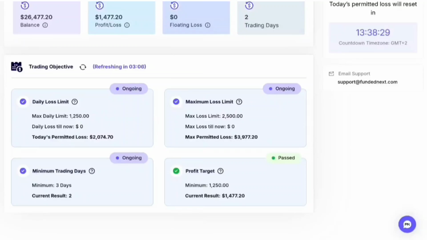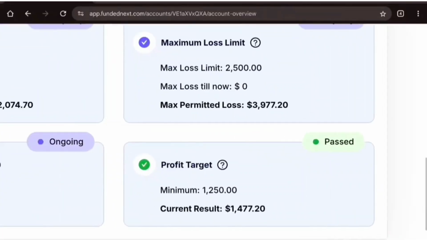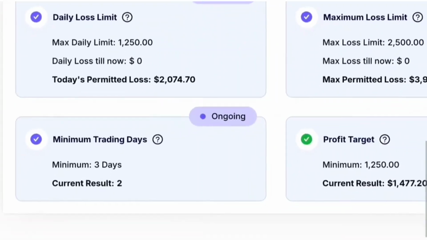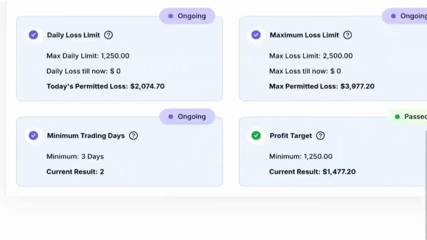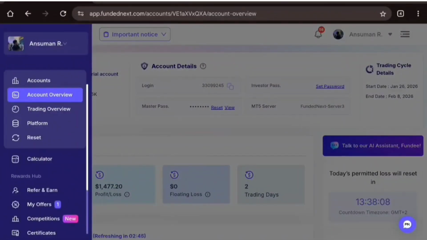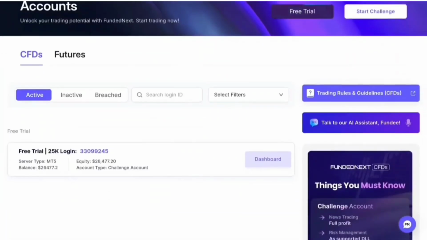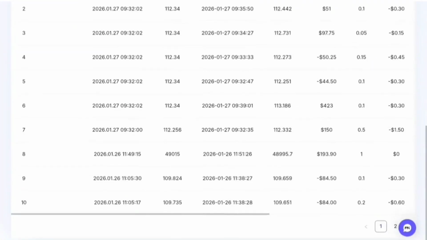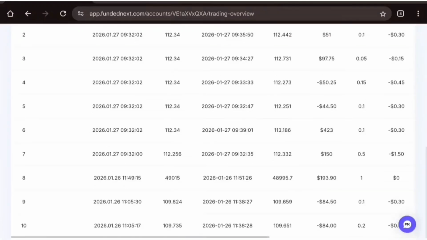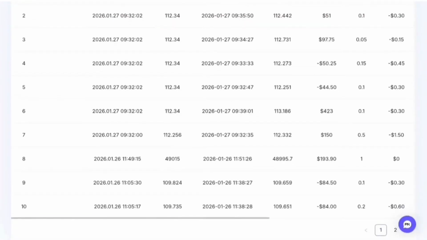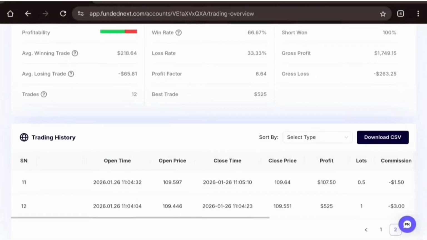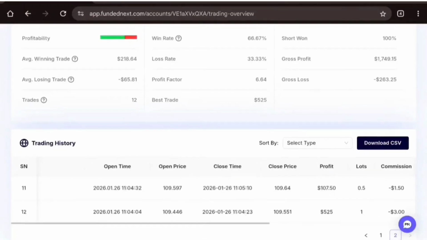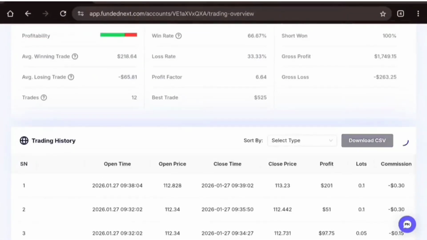In this video, I will be explaining how I took trades in silver during the London session. Today's trading session was really good, full of volume and full of liquidity. As you can see, the current balance is not the initial. I have gained some profits, and the initial balance was $25,000, but we are trading